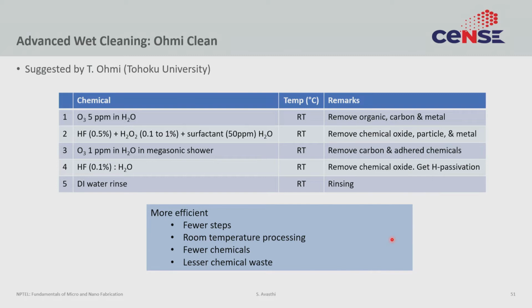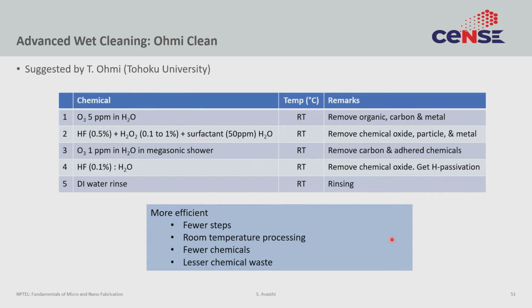Industry has moved towards more efficient cleaning processes, which require fewer steps and are not as complicated as what I showed in the last slide. Room temperature process is important to save time and cost, and fewer chemicals, because when you are doing this for very large batches and for a very long time, cost tends to add up, because after all these are extremely pure chemicals and very expensive. And there is also some environmental pressure to be more green, to reduce chemical waste, because this chemical waste is so dangerous, getting rid of it is also very expensive, so that also adds to the cost.